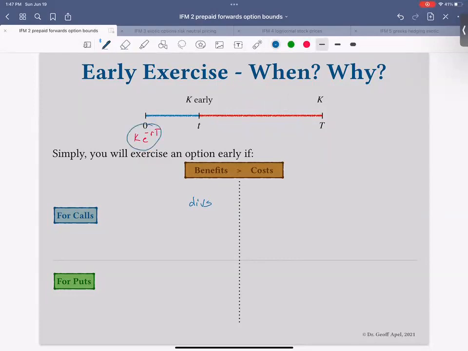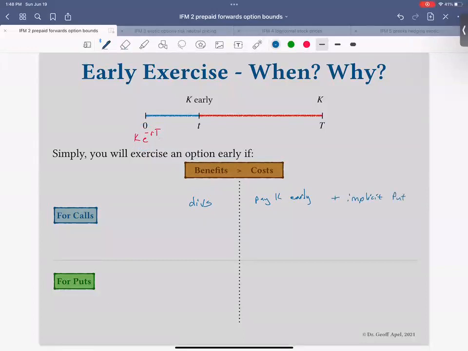Now, the downside to that, though, is that, well, okay, this account that you set up, you were expecting it to go all the way to the end to accumulate to K, but you're not going to have enough money. So you're going to have to pay K early. So that's one downside to doing it. You're going to have to take some of your own money because it didn't quite mature long enough, but that's fine. But then there's also this other idea about plus an implicit